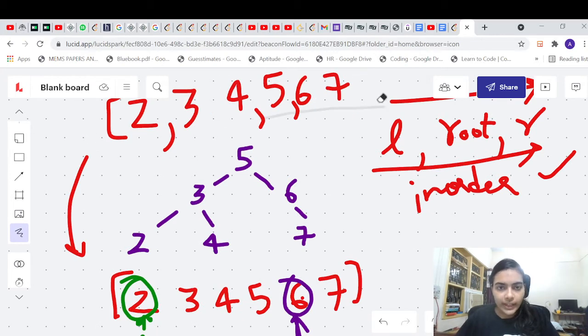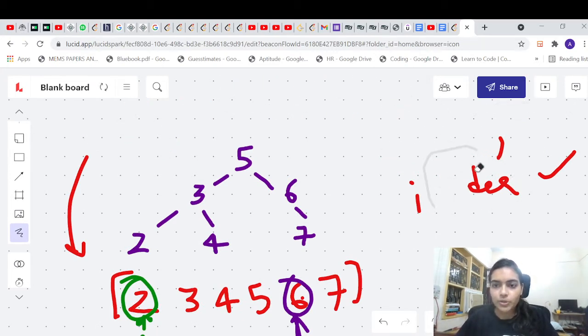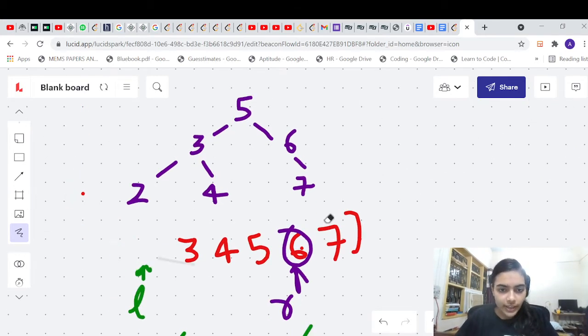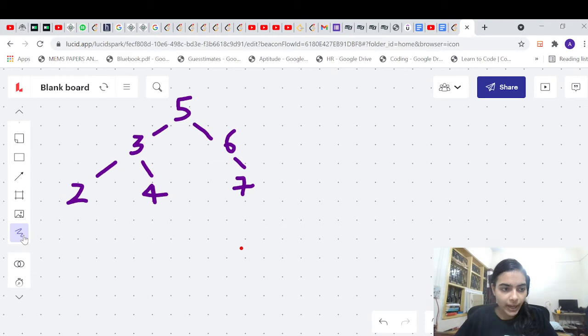Now let's just quickly see one more approach. Instead of doing the in order traversal, if you don't want to do it, you can simply apply a simple DFS algorithm and keep storing the values in a set. So if you don't have a sorted array, let's see it for a simple array, and then it will be easy to see it for a binary search tree.